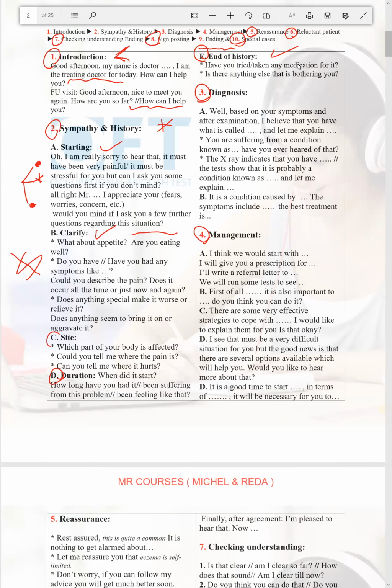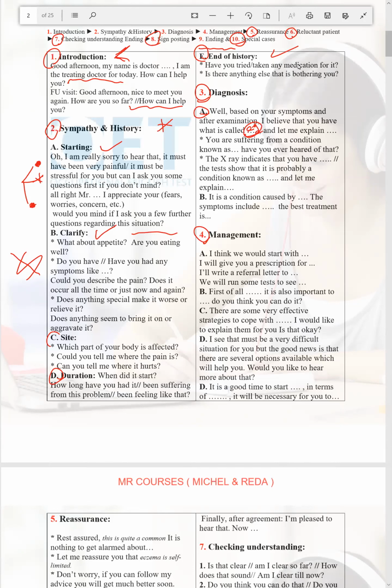Your pronunciation, your intonation, your body language, all of this will be a perfect impression for the interlocutor. And you will ask him, "Can I examine you?" You will simulate, not do a real examination. He will tell you, "Okay, well, based on your symptoms and upon examination, I believe that you have what's called gastroenteritis." Whatever. Here, the example is open for you.